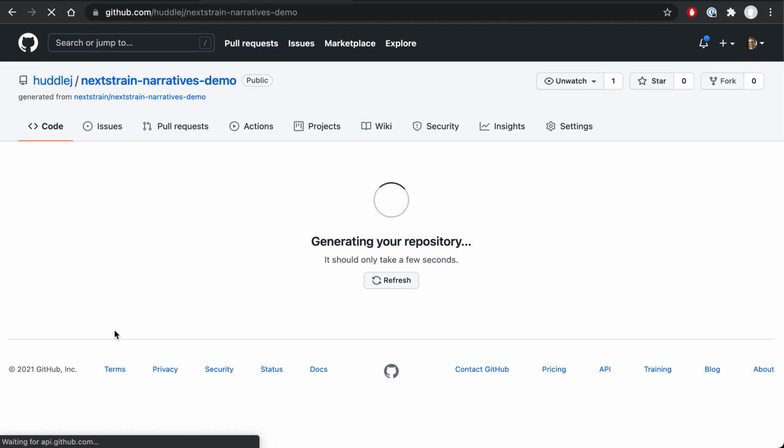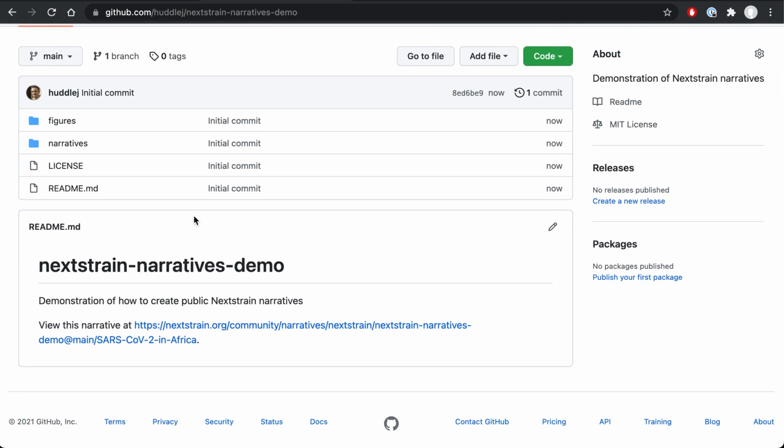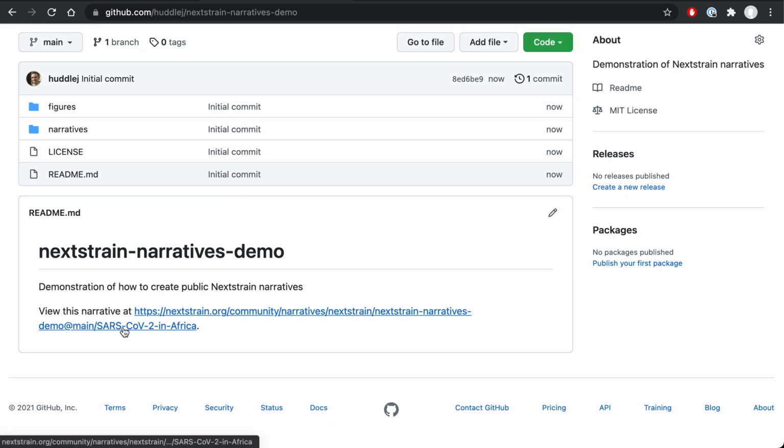When it's done, we'll have a copy of the original repository with a README file, an empty figures directory, and a narratives directory with a single narrative in it. You'll notice there's a link at the bottom of the README that links to how to view this narrative, but this link is the link for the Nextstrain narrative. You'll notice that this is a link for